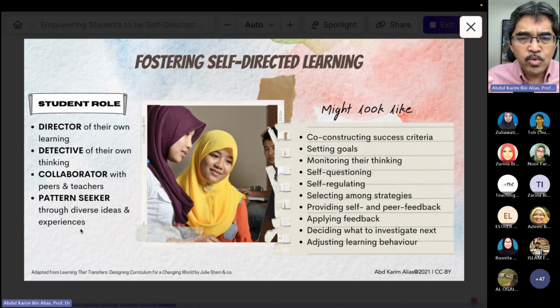They are this kind of students who come to the class with a lot of already knowledge. So when they have the opportunity, during the discussion and so on, where they can now give their own input, because they have a lot of ideas, a lot of knowledge and experience. Yeah. So when we have students who have all these characteristics or attributes as self-directed learners, how